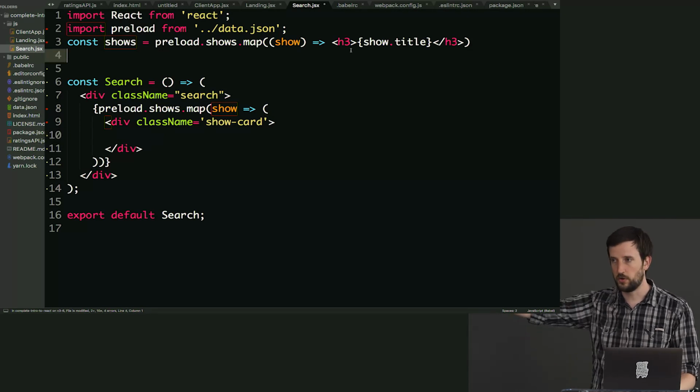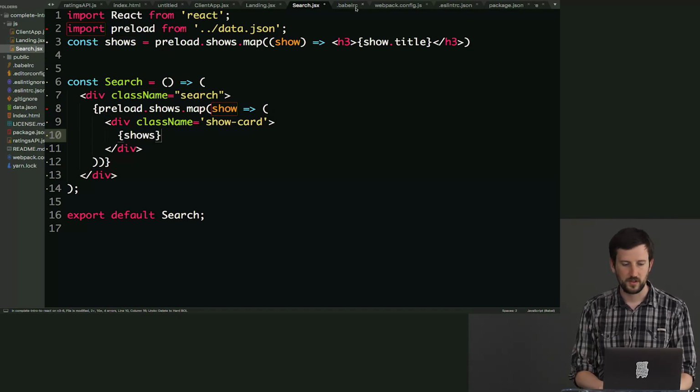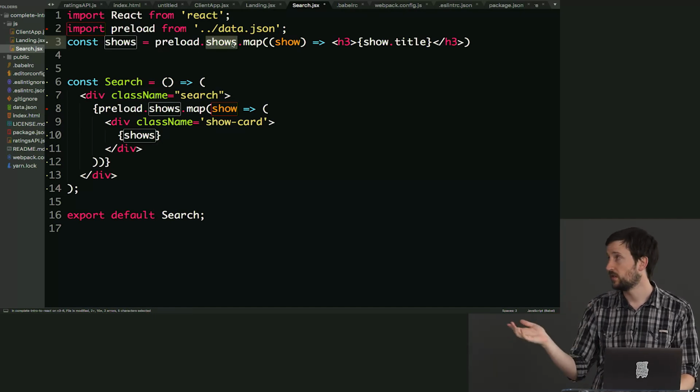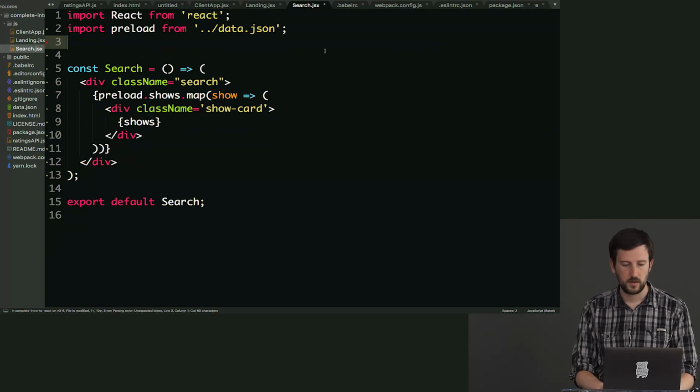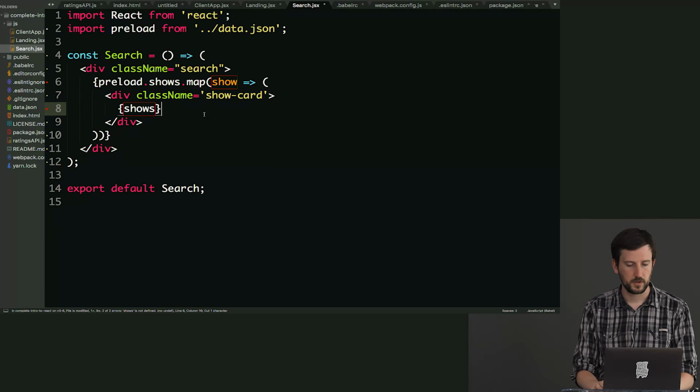What I just showed you here is a horrible way of doing it, right? Because this shows would be predetermined. So if anything inside of preload.shows changed, it would not change. But yeah, we won't worry about that for now. Okay, so